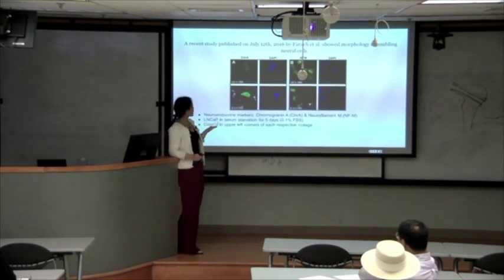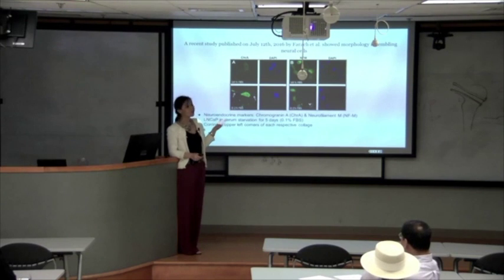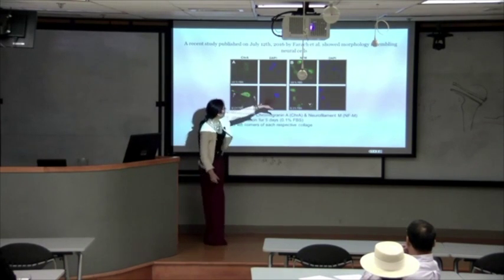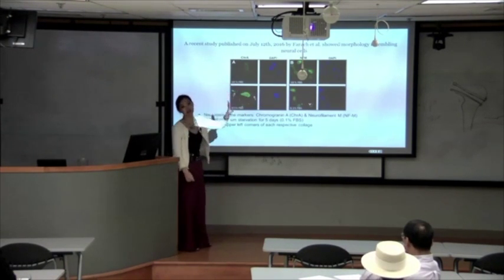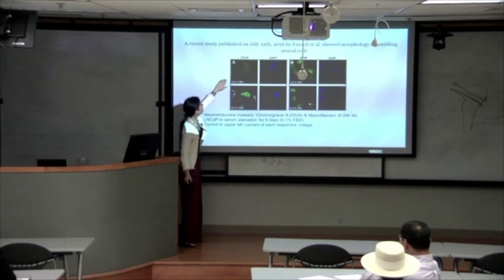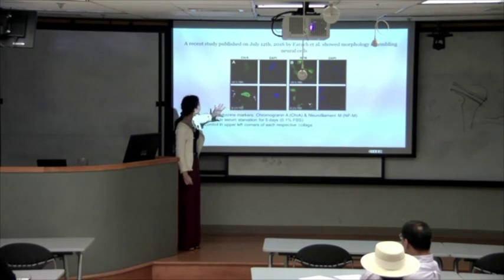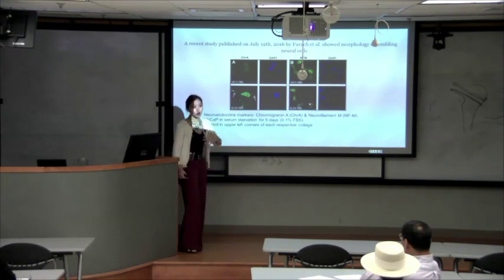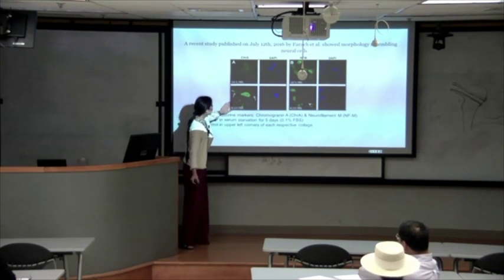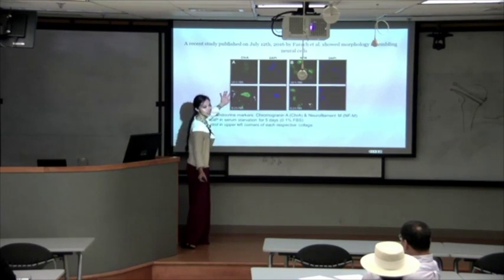There's also a recent study published showing morphology in hormone-withdrawn LNCaP cells. These two, A and B, are depicting the same thing using two different neuroendocrine markers. So up on the top, we have control LNCaP cells, and on the bottom, we have LNCaP cells which have been starved or deprived of hormone for 5 days. And with the starved cells, you can see a change in the morphology.